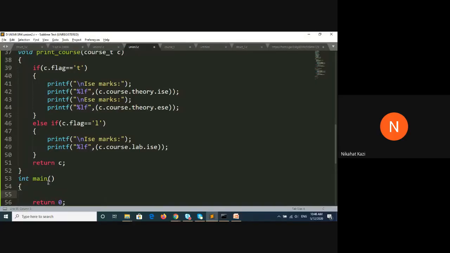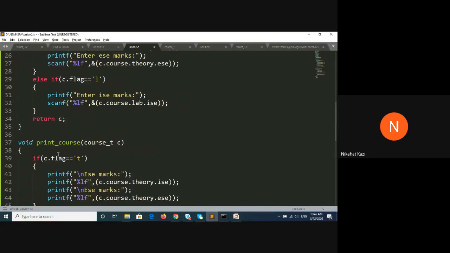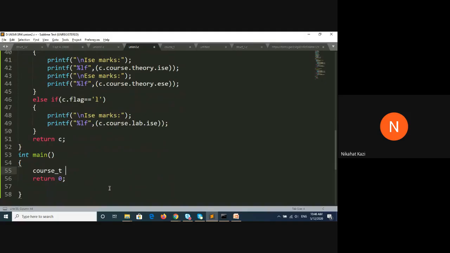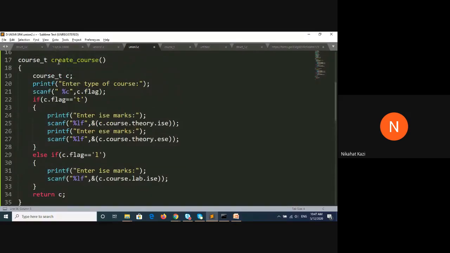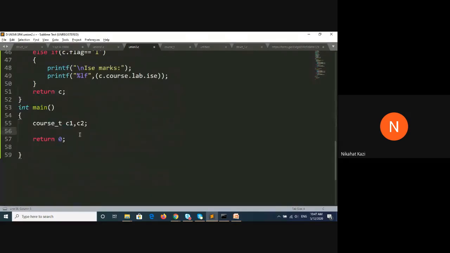Inside main, we'll create variables of type course T. Suppose one course we are creating and a second course we are creating. Two courses. And then I will create the two courses one by one. So I will call the create course function twice, once for C1, second time for C2.